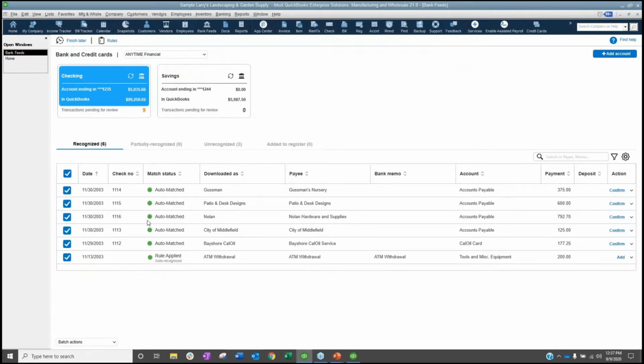Up top here, we have filters, right? So we can choose to filter for what type of transactions we're looking at. We can also choose to filter for different date ranges. We also have settings to say which columns we want to show. So do we want to show type? Do we want to show memo, check number, and also class? You can remove or add class from here. But if any of these things are not important, we can add or remove them from here, okay?